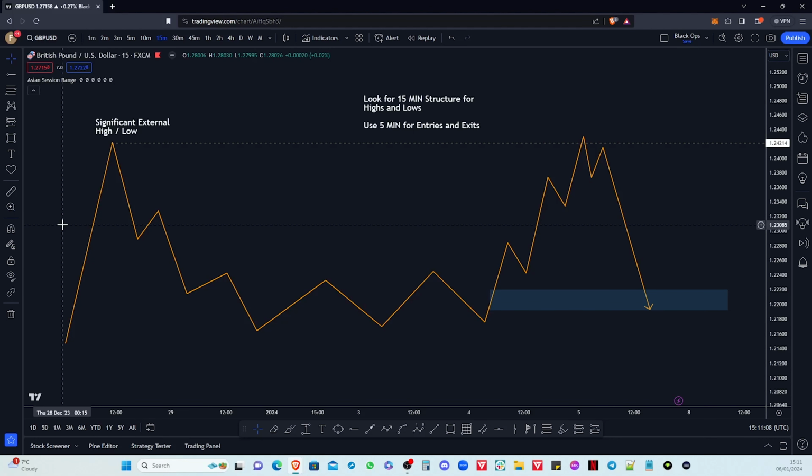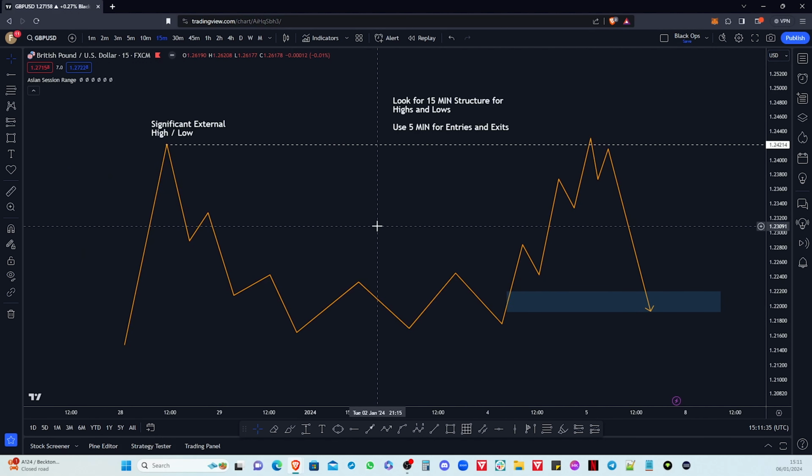So the ICT Silver Bullet strategy is a great strategy to trade as it's such a repeatable thing to look for over and over again. You can apply it to different areas and times essentially on the market you're trading. So for example, I'm on GBPUSD and I'm going to show you some examples on GBPUSD using recent price action later, but let's go over essentially the fundamental knowledge you need to know before you can start taking and trading